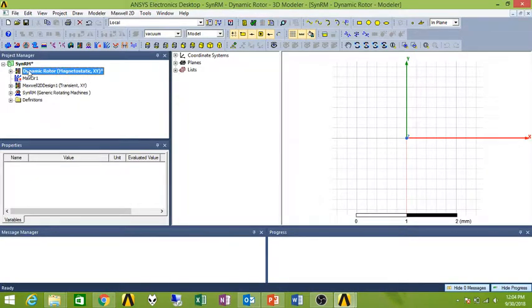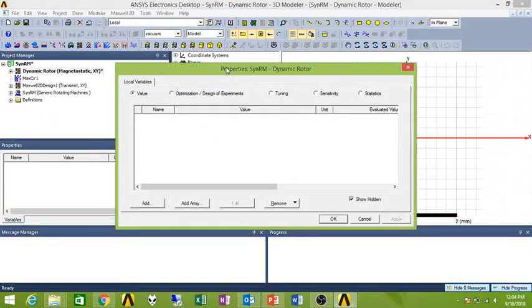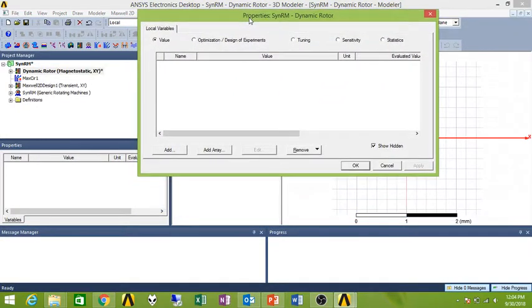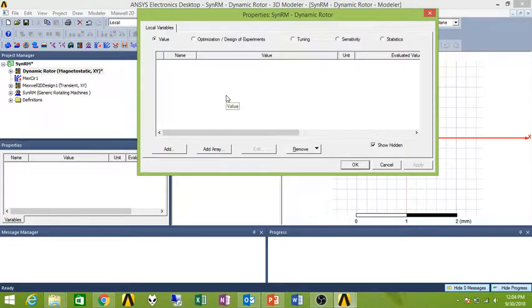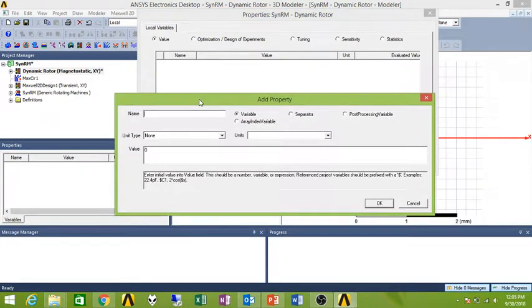Right, and now let's see how to define the variable. If you right click on it and select design properties, you can see the window is almost empty. You can add variables by clicking on this button. And let's add some variables based on my design. First I'm going to add